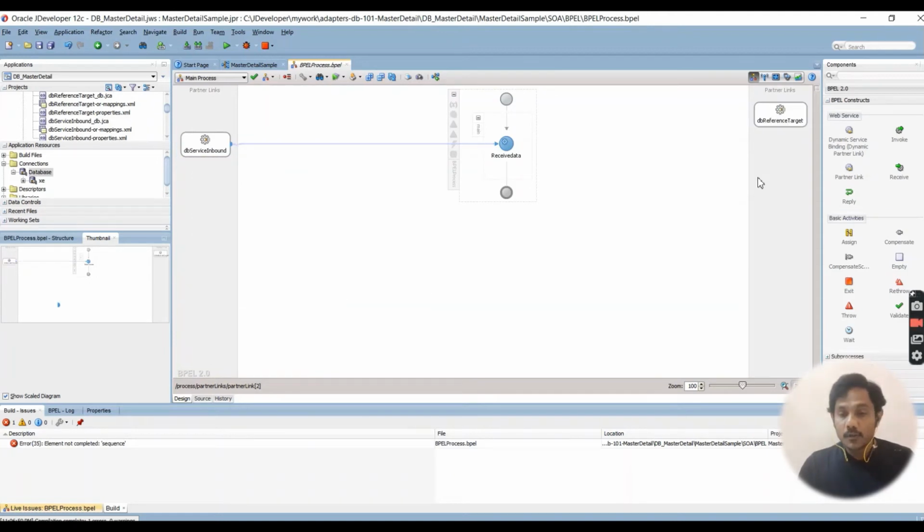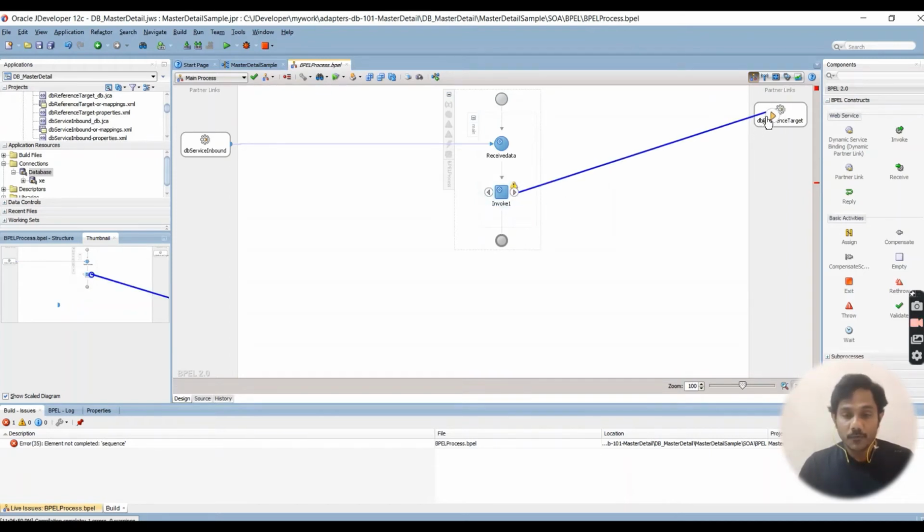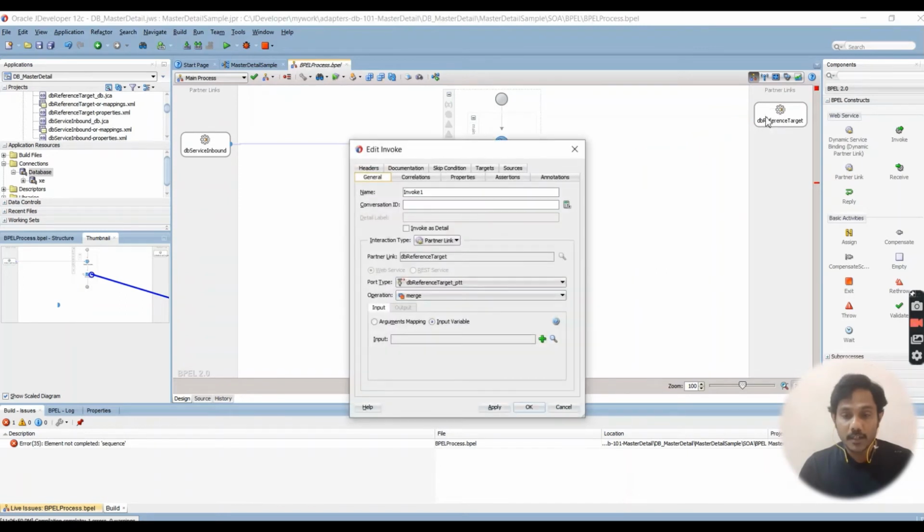Now we need to invoke the target database adapter to insert the data. You need to use the invoke activity. When you create an invoke, input and output parameters are created automatically. Wire it to the target DB adapter.